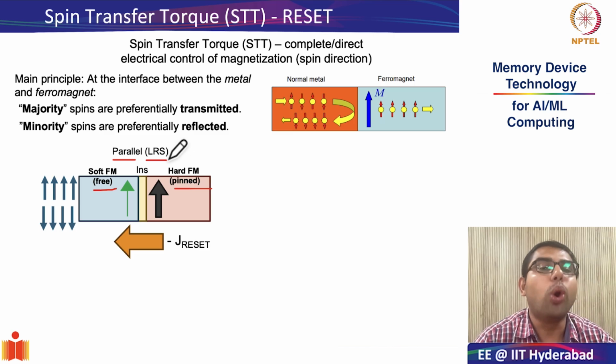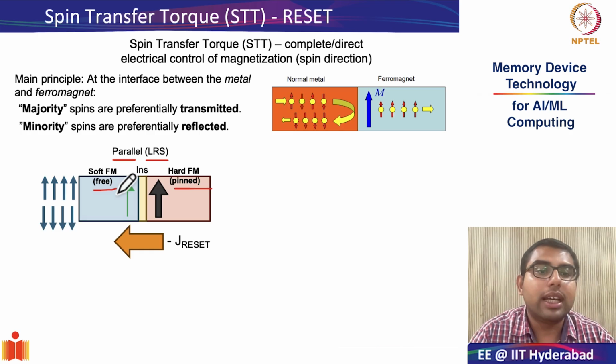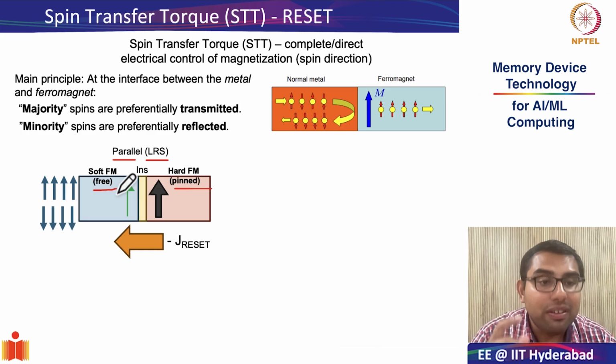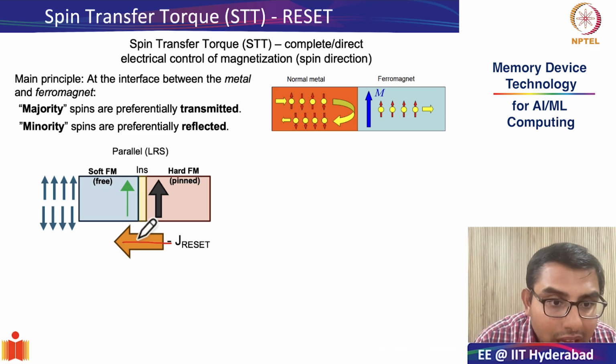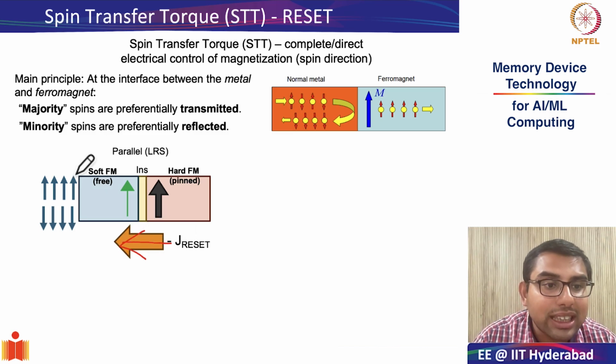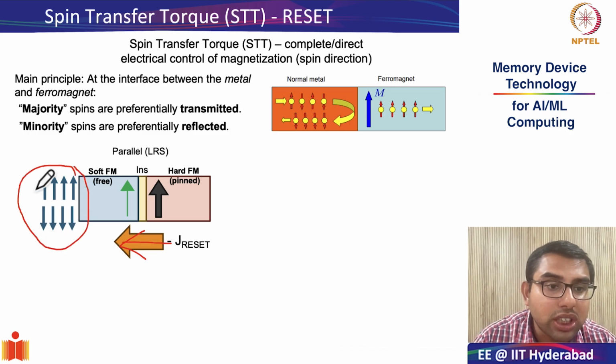To a device in the low resistance state, we apply a current which is in the negative x direction, as you can see over here. So the current is flowing from the hard ferromagnetic layer to the soft ferromagnetic layer, or the pinned layer to the free layer. As you know, electron conduction is in the opposite direction to the conventional current. Therefore, we will see through this animation what happens when a charge current, see, this is a normal charge current going from right to left, and these are electrons which don't have any preferential spin direction. 50% of them are in upspin, 50% are in downspin.